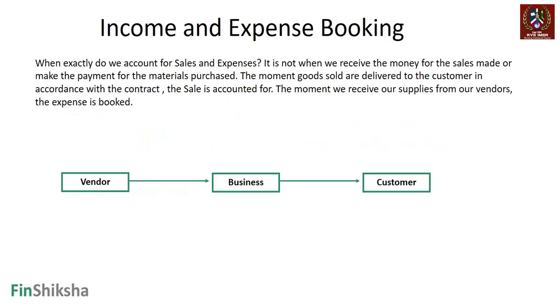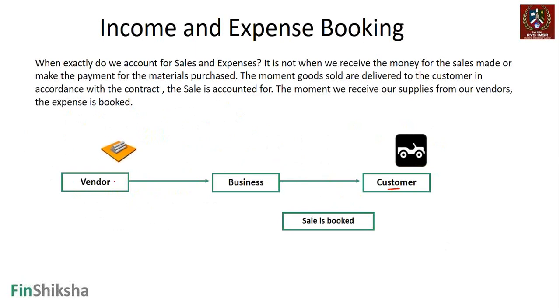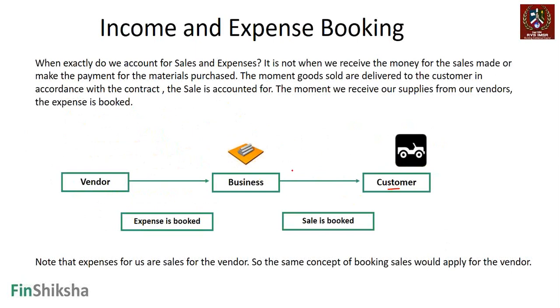So we'll just quickly recap when exactly we account for sales and expenses. When a business sells goods to the customer, the sale is booked. Once the ownership has transferred from a vendor to a business, that's when the expense is booked. And when ownership has been transferred from the business to the customer, that's when the sale is booked, right? So broadly, it's when ownership gets transferred, but in some cases, that may or may not be so easy to